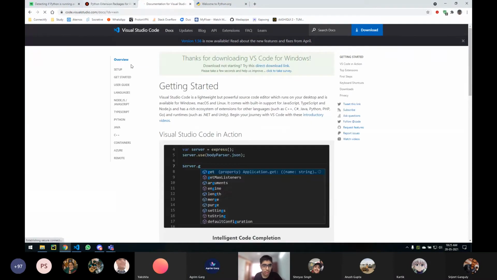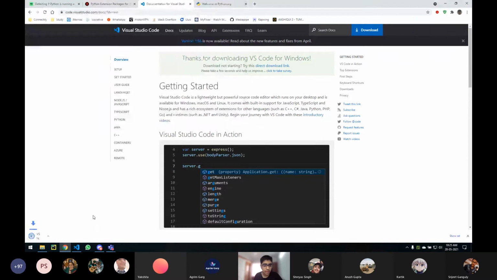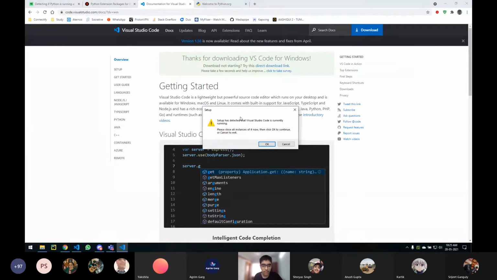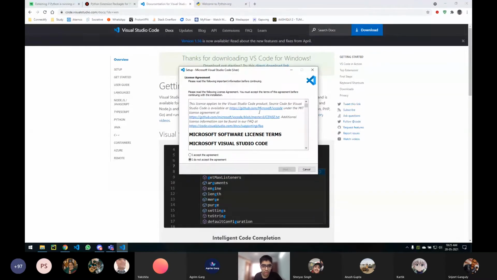Click on this download, and this window will open up. Click save. Open this. It will take some time. I have already installed Visual Studio Code. Okay, so now this screen will come up.